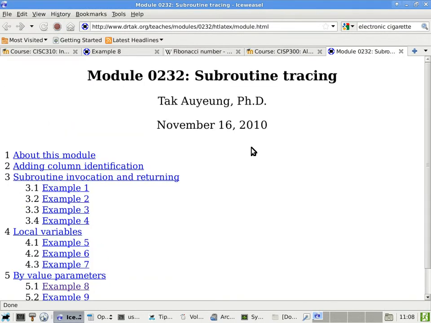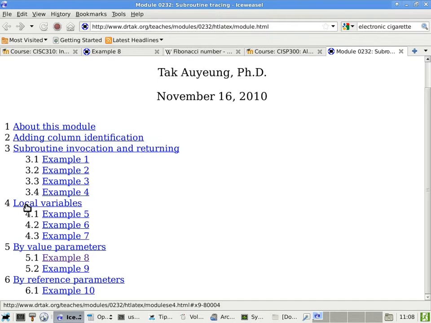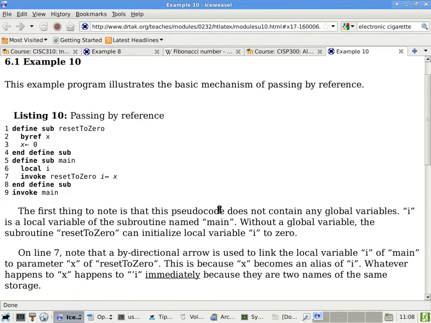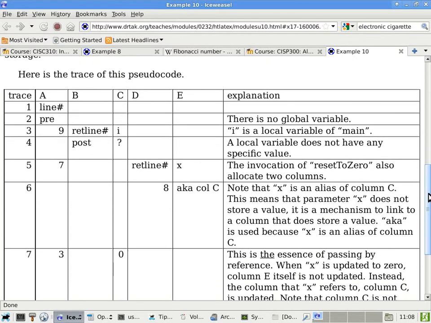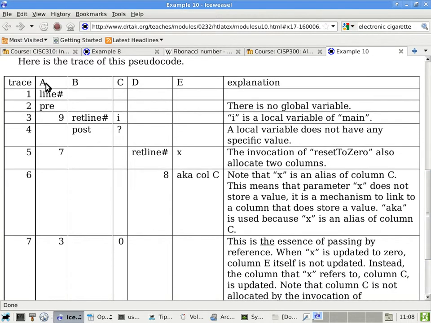It's basically the same thing, how to trace a subroutine. It talks about the same stuff, how to invoke a subroutine and how to return from a subroutine, how to use local variables, how to use by value parameters, and how to use by reference parameters. The difference is how it is explained. The current modules, or the modules prior to this, do not use the column number when I pass by reference, and now it does. Okay, because if you look at the explanation of the trace, now I kind of simulate